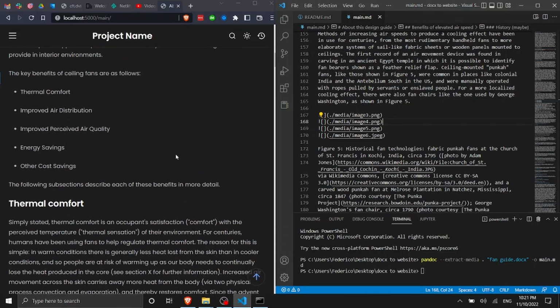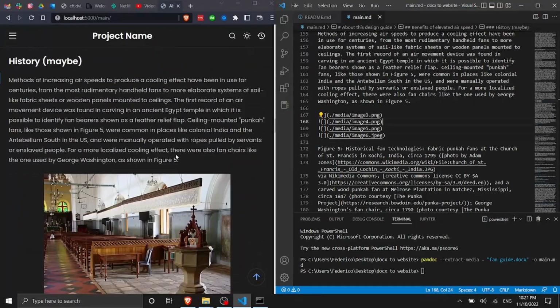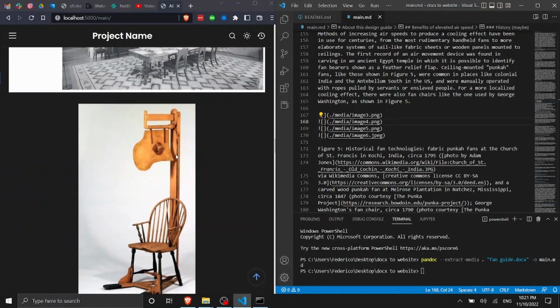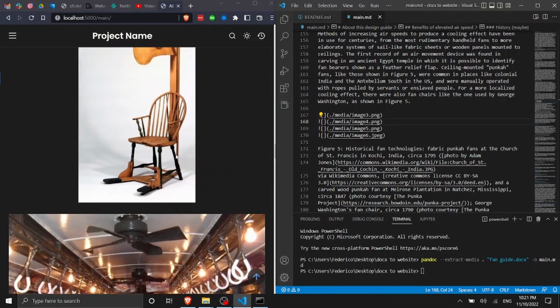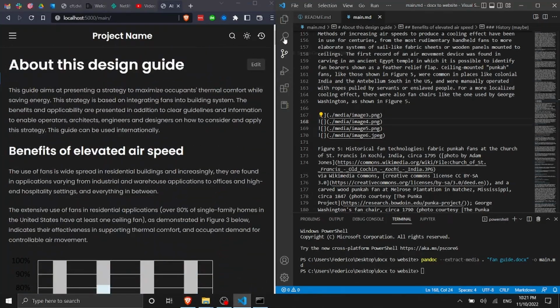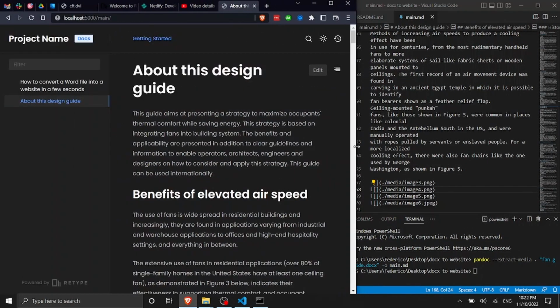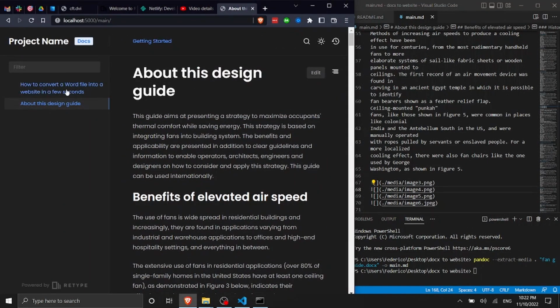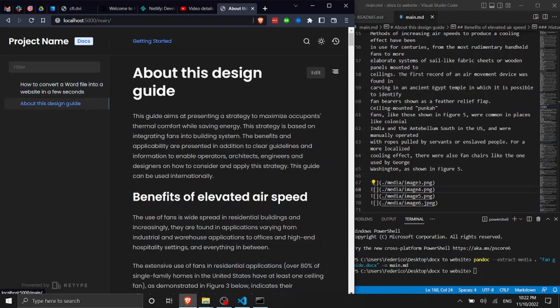So we should be able to see the other images. So this is image 2, and then we have image 3, 4, 5, and 6. So these are all our images, and they are displaying perfectly well now. Okay? So what we need to do is give a bit of structure to this document, okay? So at the moment we have the README page. Let me bring it here. So we have this README page, and then we have all our Word document in one single page.